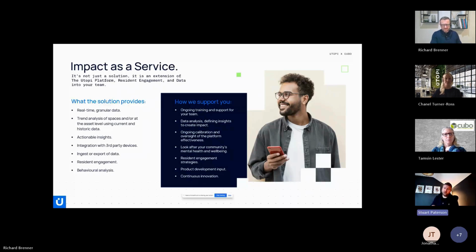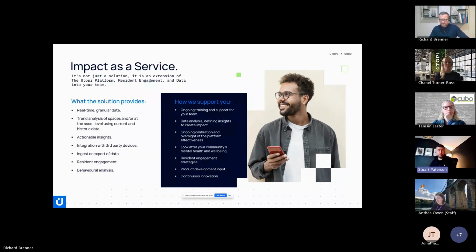And the other thing that we do, and Chanel mentioned this earlier on, is helping streamline your operational practices. So it's taking the data and insights that we've got and hopefully making the operations teams' lives easier on the ground, and making them more efficient. But like I said, bringing that data to life in the form of actionable insights and ultimately identifying opportunities for intervention, that's key. That's what we're here to do, to decarbonize the industry.